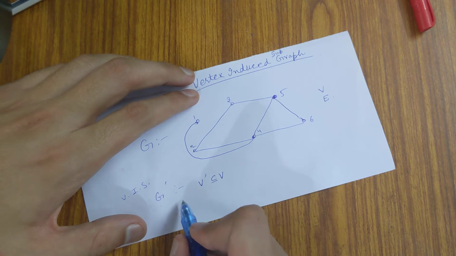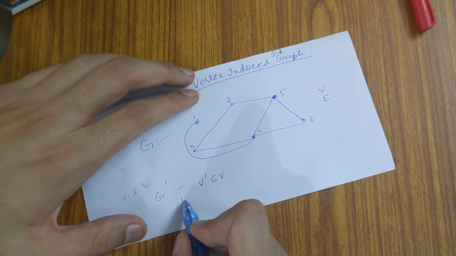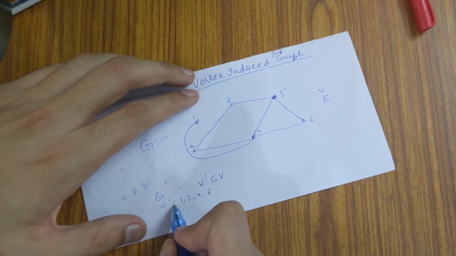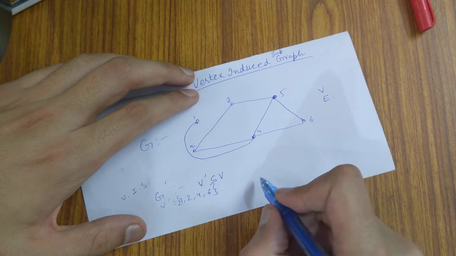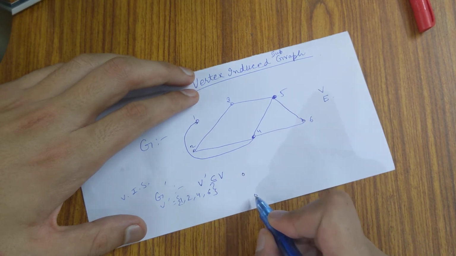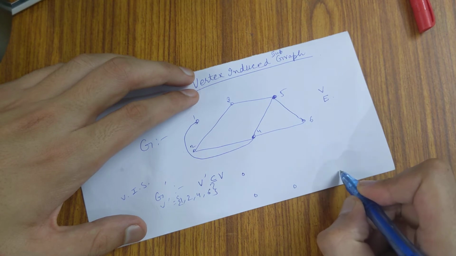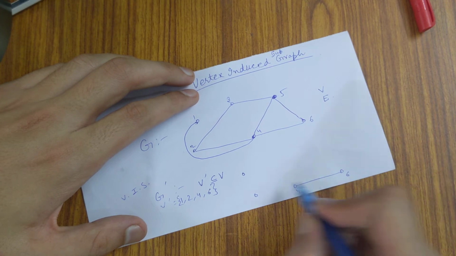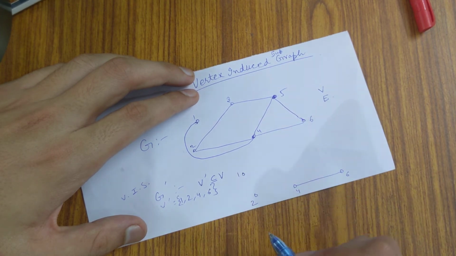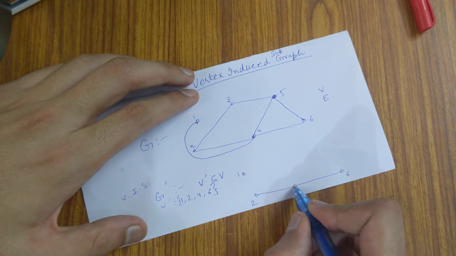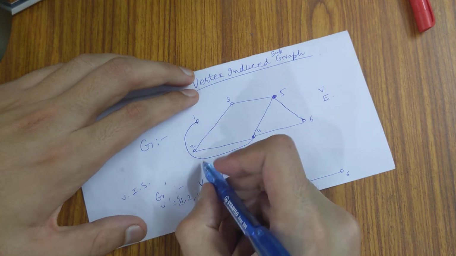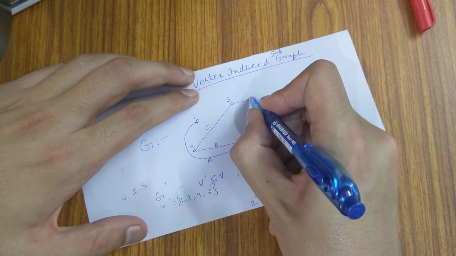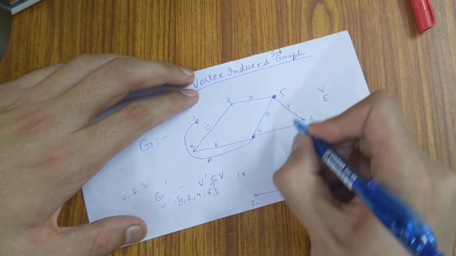So I'll show you a vertex induced subgraph here. Let's say we consider 1, 2, 4, 6 as this particular V dash. So we have our 1 here, we have our 2 here, we have our 4 here, we have our 6 here. So 4 and 6 are connected, so this edge must be there. 1 and 2 are not connected, 2 and 4 are connected, this edge must be there. So let's number the edges also. We'll number the edges A, B, C, D, E, F and G.